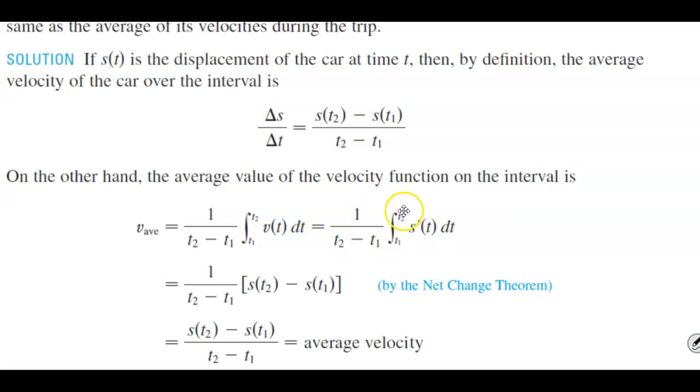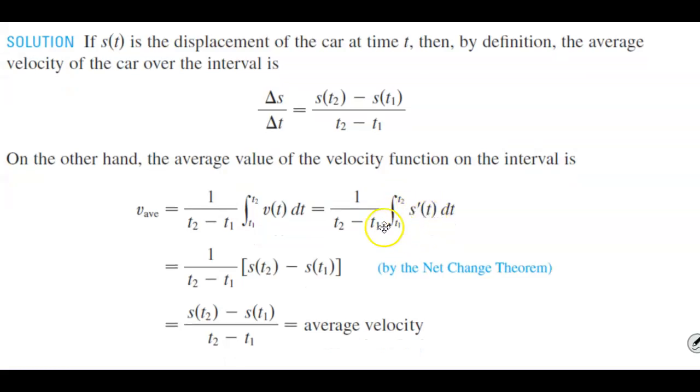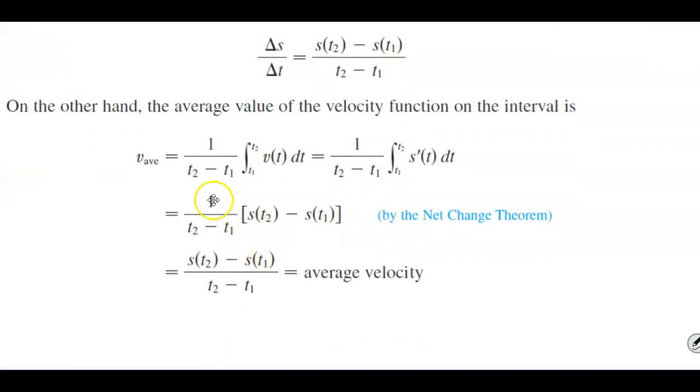which would equal 1 over t2 minus t subscript 1 of that integral going from t1 to t2 s prime of t dt, which would then equal 1 over t2 minus t1, subbing in the interval because the antiderivative of s prime of t would be s of t. And then plugging in the two values gives us s of t2 minus s of t1,